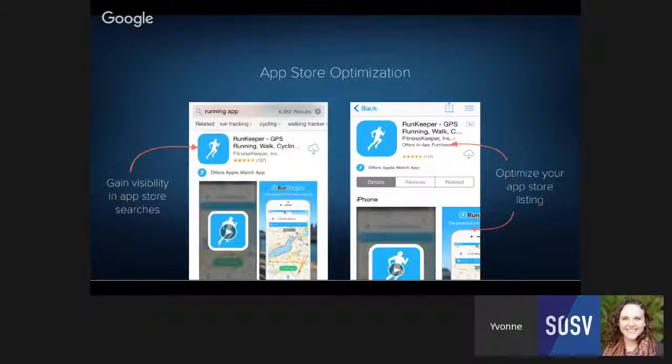And the other thing that Runkeeper has done really well here is that they've included relevant and high-level screenshots of what the app actually does, so that when a user comes to the App Store with the intent of learning or downloading the app, they know they're downloading the right app. And there's a lot of different apps out there. Again, 48,000 apps downloaded from the App Store every minute, which is pretty crazy. And a lot of apps have similar names. So just making sure that you get your app correct from a name to a branding perspective to screenshots is a really, really easy and effective way of optimizing App Store listings.